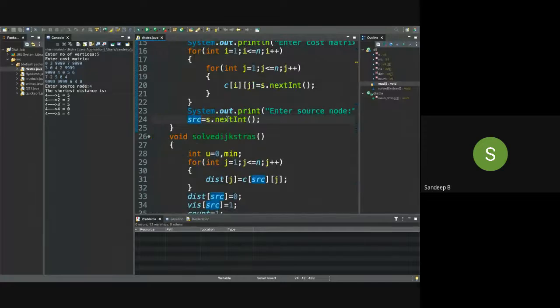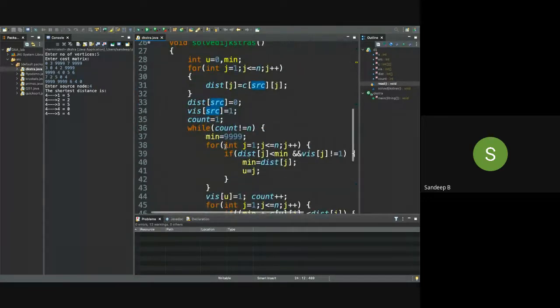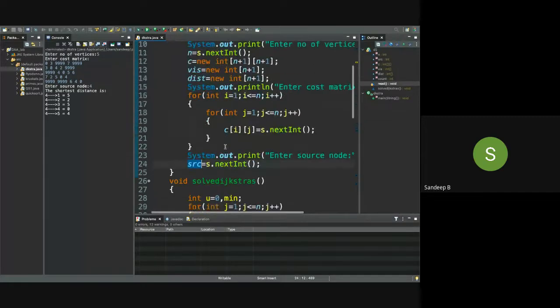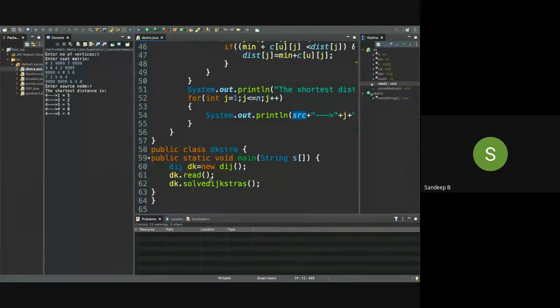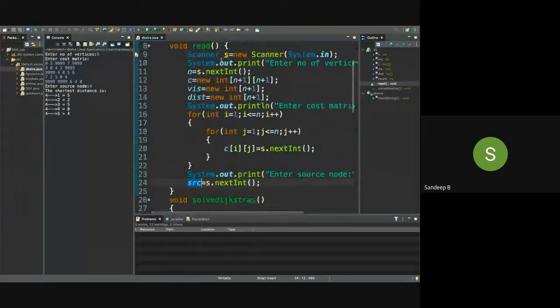Once you read the elements, we'll call this function solve Dijkstra. Is it clear? Solve Dijkstra I will explain in detail. This is the read function. In main, we'll call first the read function and then the solve Dijkstra function. In the read function you'll be reading elements into the array C, the cost matrix, and we have initialized one visited array and the distance array.